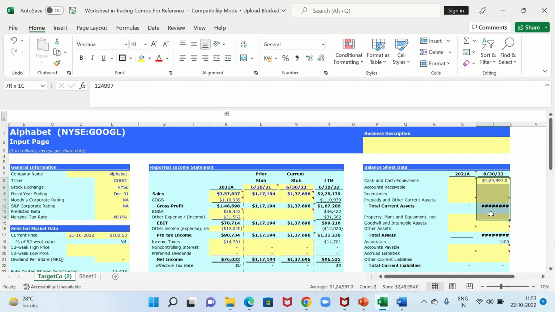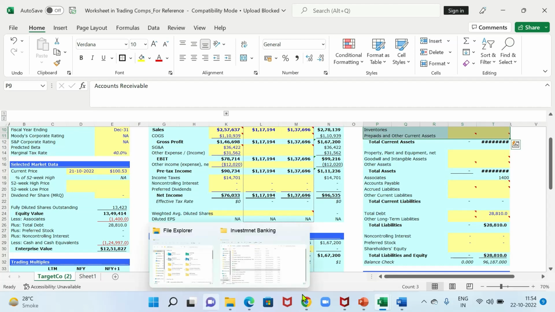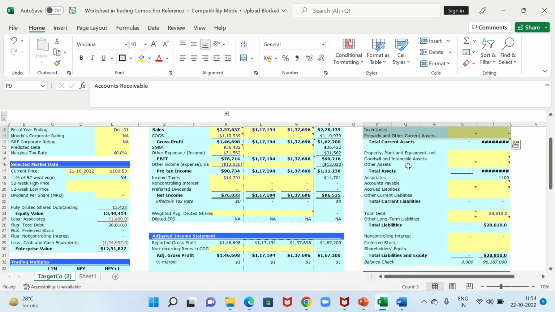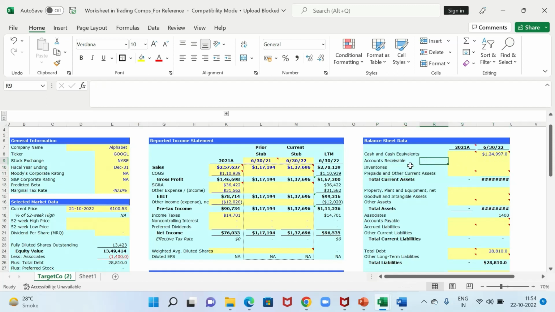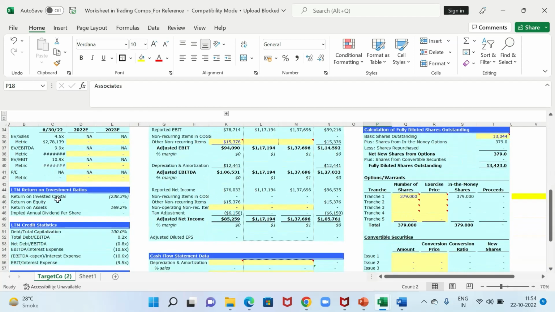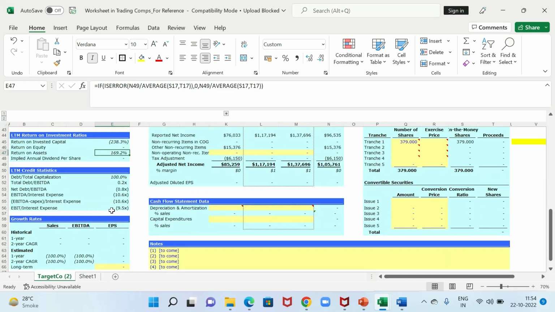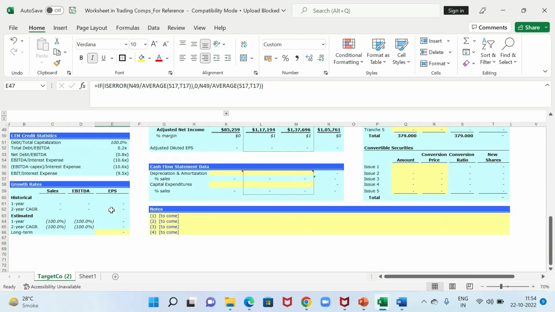Why we have not spread these is because we don't require these numbers right now. Our objective is to compute the multiples. When we'll be calculating and doing certain ratio analysis, then we'll require these other things. Right now, we don't require it. Other ratio analysis, then probably we'll be requiring these things, right? Yes, sir.